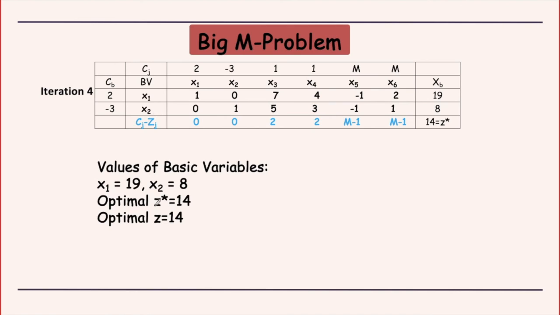there are no more artificials, it will be the same for your original Z also, because the only difference between these two expressions Z and Z star is the presence of artificials in Z star. That's the only difference. So since no artificial is present here, it means that all the other variables have value 0. So x1 and x2 are given by this table, x3, x4 and the two artificials are all zeros. So all these variables are 0, which means your Z star and Z values are the same, and your optimal value is 14.